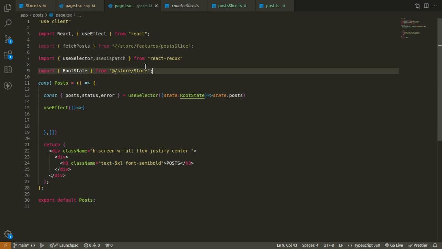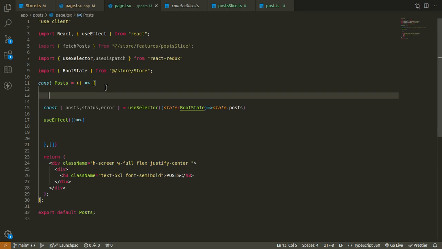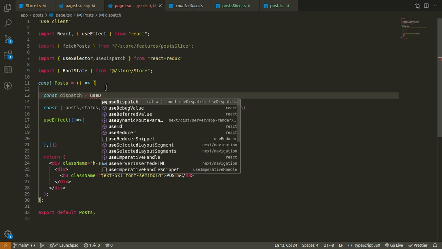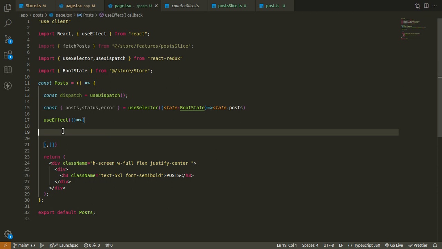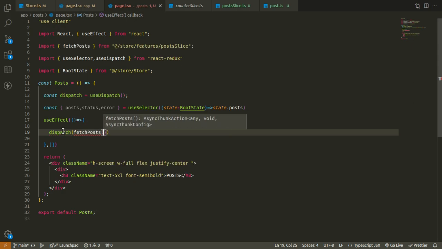Import const dispatch is equals to useDispatch. Then I'm going to say dispatch fetchPost as any,